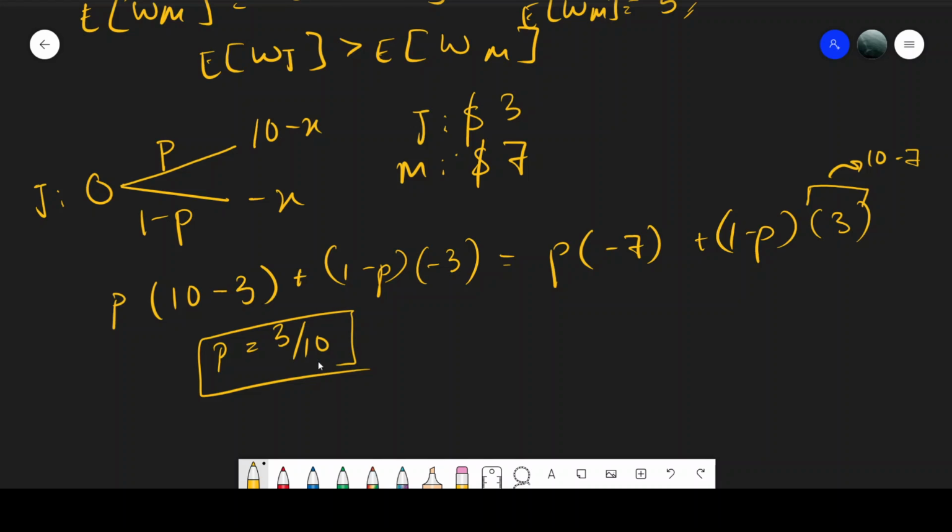So we can backtrack and see that if we want the game to be fair to both John and Mark, the probability of a tail turning up should be 3 by 10, and the probability of a head turning up should be 7 by 10. So I'm going to stop this video here. I just want to drive home the point of what a fair game is. We won't use it immediately. I'm going to go on to set theory after this, but we will come back to the same concept